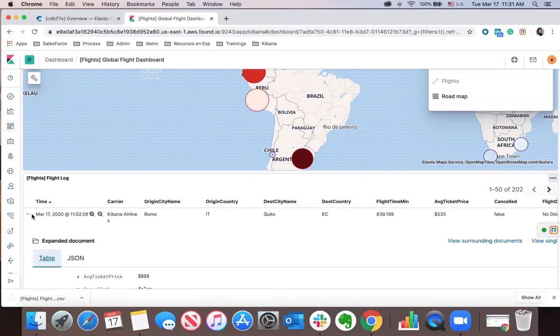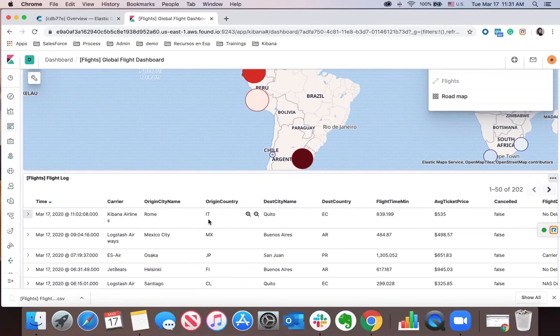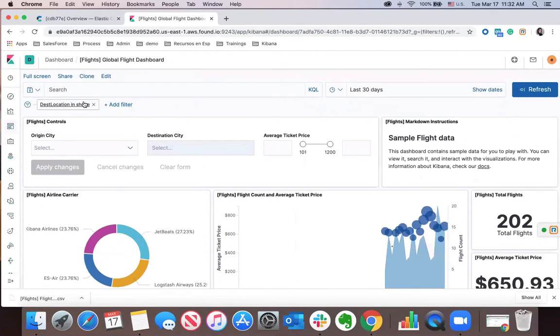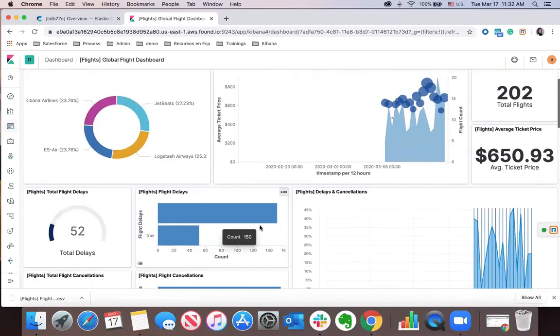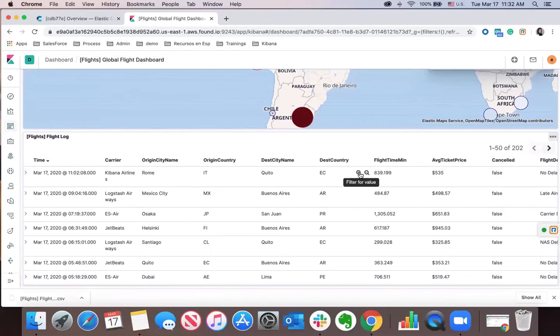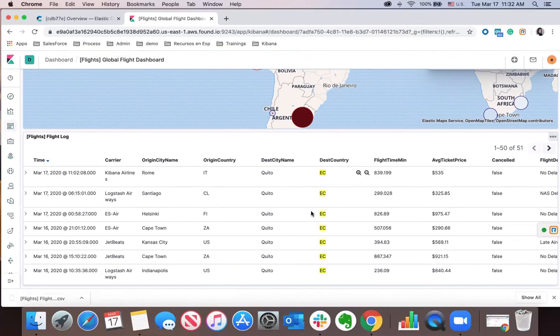So far, so good. Since Ecuador and Argentina were among the countries that drew my attention initially, and since I am here, I am going to go ahead and filter those. And again, I can always go back to the main filter area and manually add that filter. But since I am here already, I can just double click on the Ecuador filter, and it will select all the Ecuador flights for that destination and include all the information, including the average ticket price